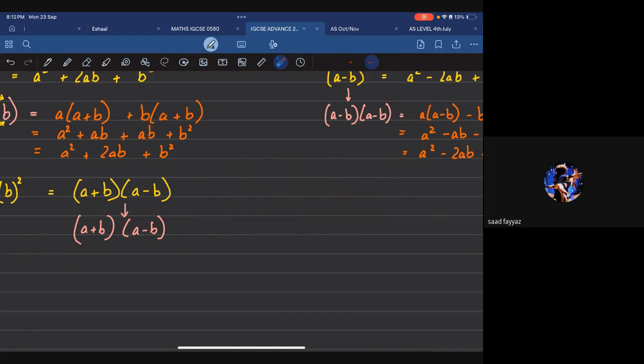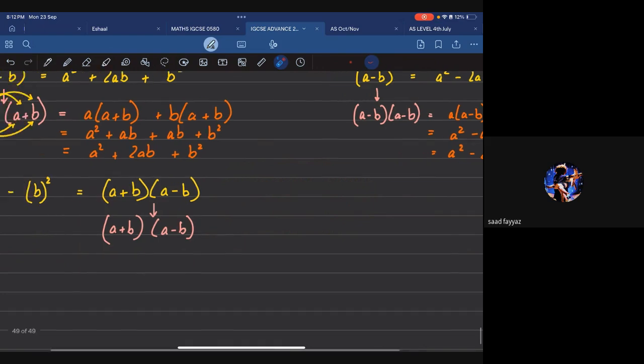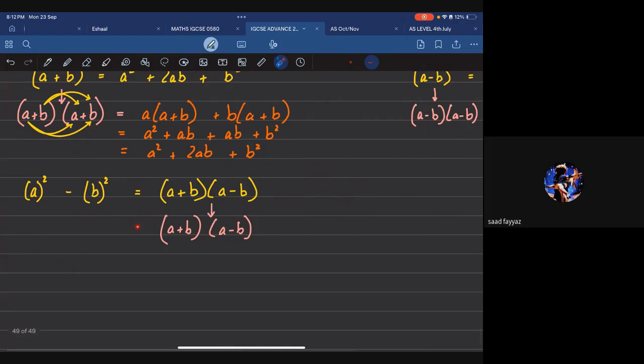3 times 5 and 5 times 3 have the same answer, right? Therefore, it is going to have the same answer. So it does not matter when you're doing multiplication what type of number you're writing first, because it's going to mean the same thing more or less. So this is going to be equal to,